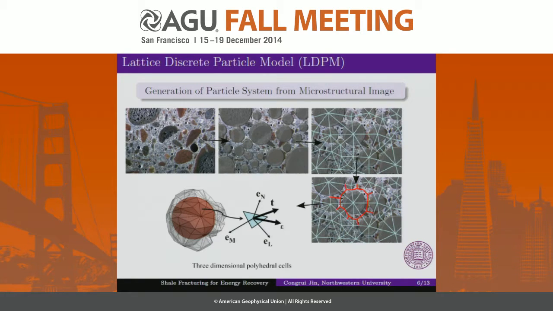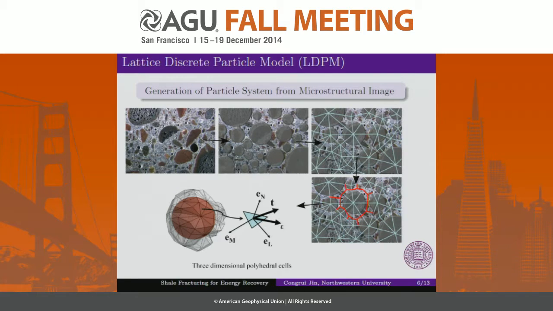LDPM for concrete has been extensively calibrated and validated in the past few years, showing superior capabilities in reproducing and predicting qualitative and quantitative behavior of concrete and concrete-like materials under a wide range of quasi-static and dynamic loading